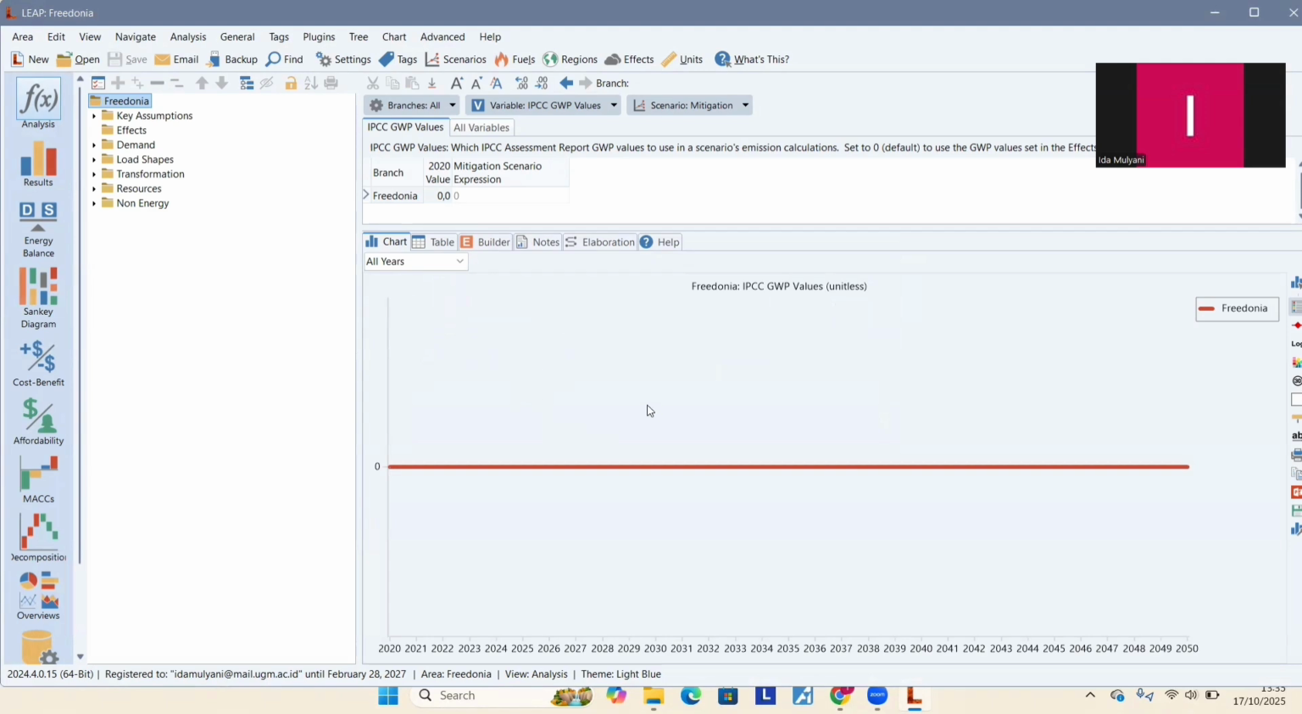In this tutorial, we have demonstrated how to register on the LEAP website, request an academic license, download, install, and activate the software. For the next section, the tutorial on how to use LEAP for energy modeling will be presented